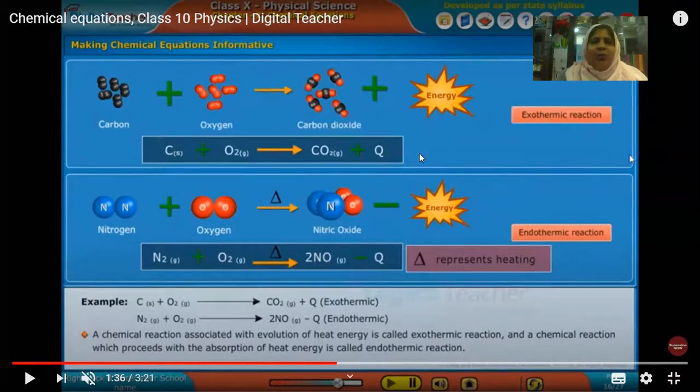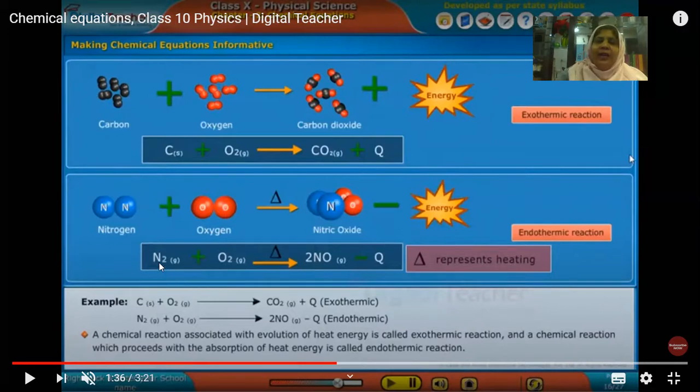So in this reaction, what we see here is carbon and oxygen. Most of the time in these reactions, when carbon dioxide is released and energy is released, you find, when you are doing it in test tubes, that the test tubes become hot, so that means heat is liberated and it's an exothermic reaction. Whereas when you are heating it, you find that there is no change in the temperature of the test tube. That means it's an endothermic reaction.